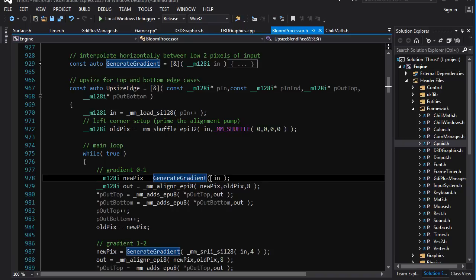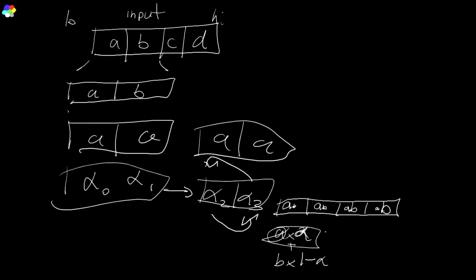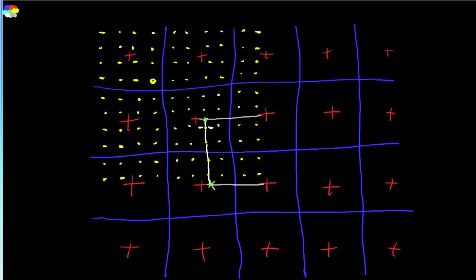So, generating the gradient. Let's get out of here for a second. This is the other tricky part of this algorithm. It makes my brain hurt. So, generating the gradient between the first 2 input pixels. Now I'm feeling like maybe this is going to be longer than an hour and a half, and it annoys me. So the gradient between these two is going to generate these pixels here, these ones and these ones,